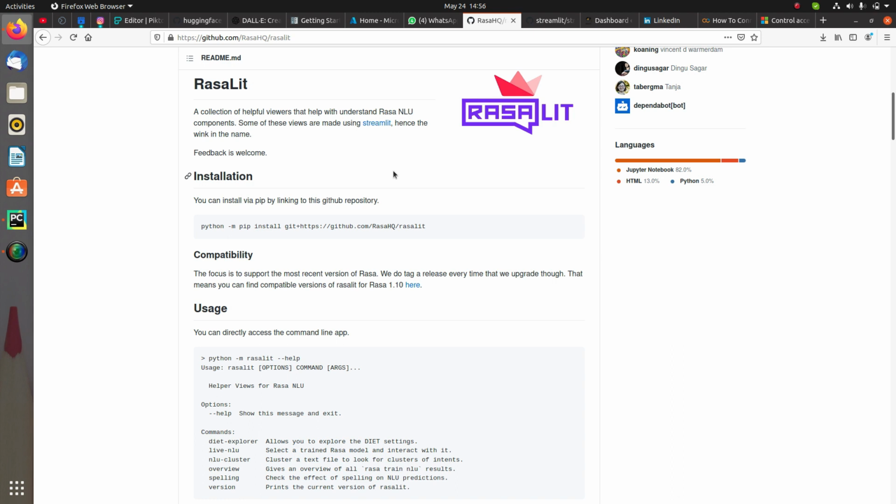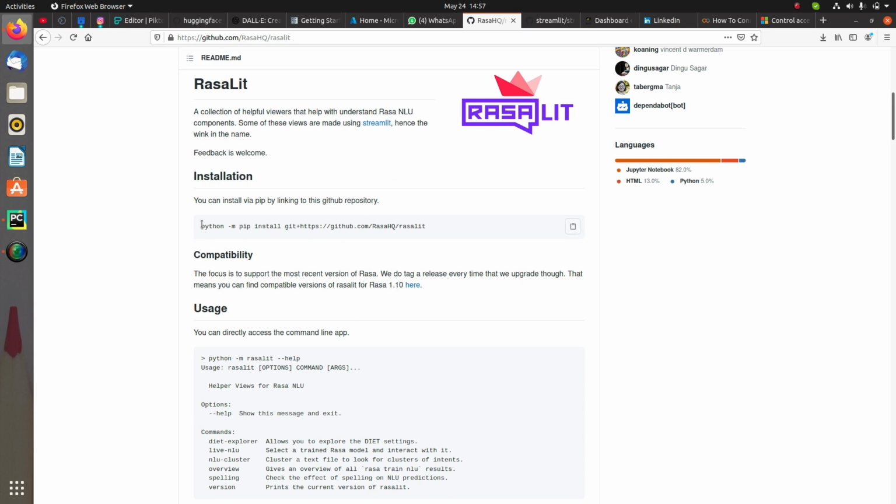So firstly, I have told you what exactly Rasa Lit is and how it has been formed, right? Now the further thing is how you will be using it, how you can use it with your Rasa project, and what benefits it will provide you. First of all, you have to install Rasa Lit onto the environment which you have already set up for your Rasa project, so that we can run the server for Rasa Lit and check the multiple features that are available for it, right? So let me show you, and first let me do the installation of Rasa Lit so that I can further use it and verify it, right?